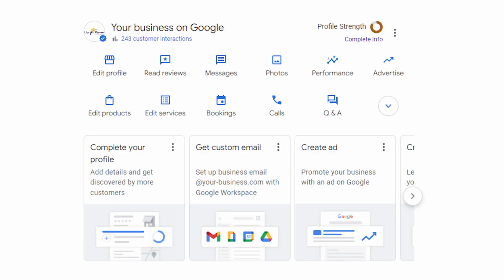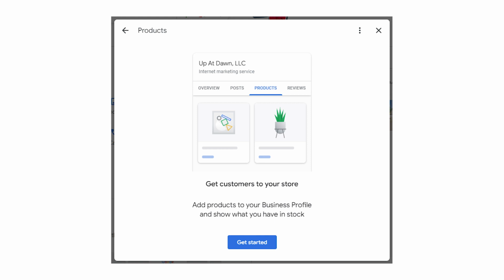When you're finished uploading photos or videos, move on to edit products. Not all types of businesses will be able to add products, but if you do offer products, it's a good idea to take advantage of the opportunity. If you have never added products before, you'll see a page where Google asks you to get started. If you have added products in the past, you'll see your previous products along with an Add Product button. Whether you click the Get Started button or the Add Product button, you'll see a window where you can add